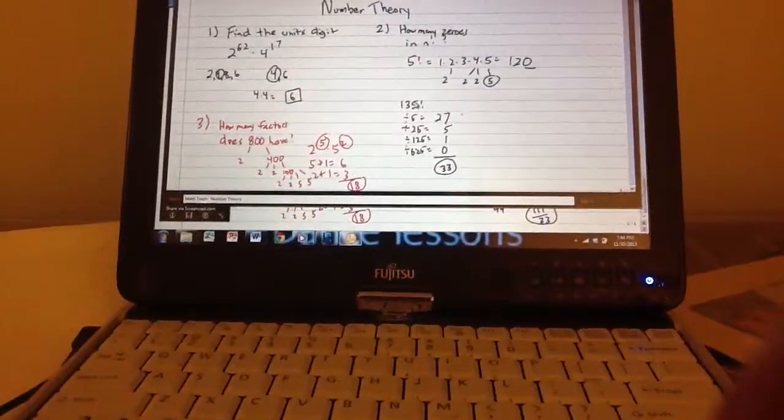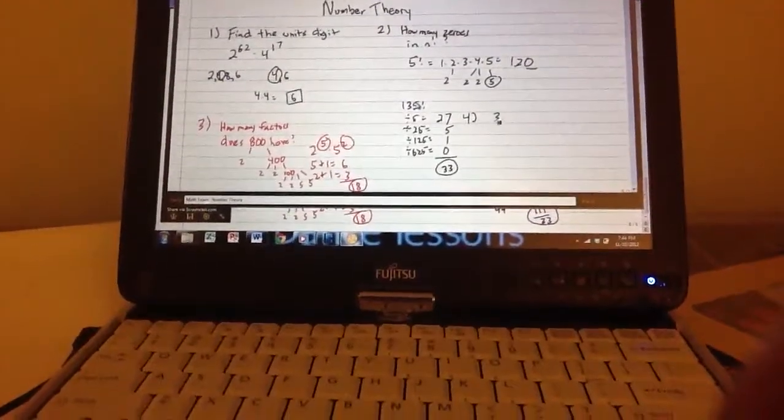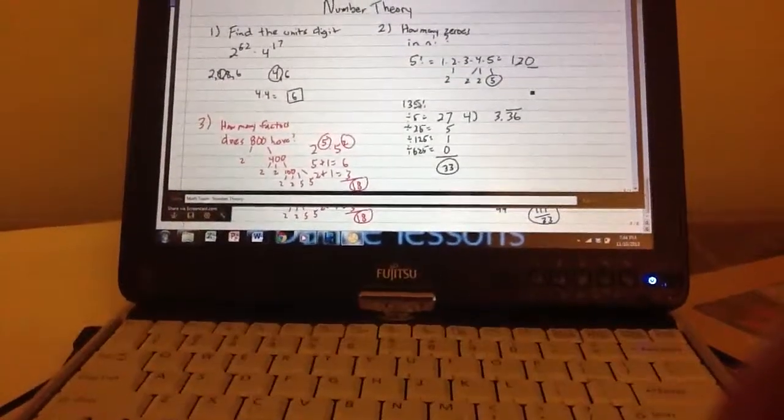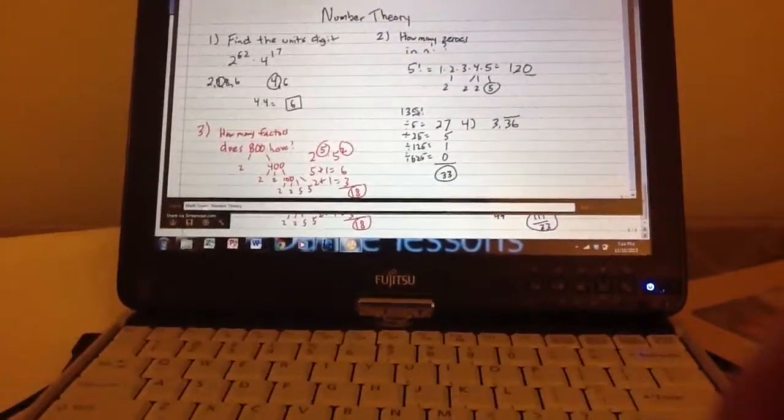The fourth and final one that's very popular is a question that may be something like this. They want to know the numerator and denominator, or they want you to sum the numerator and denominator of this number. Well, it's 3.36363636 over and over again. What you want to do with a problem like this